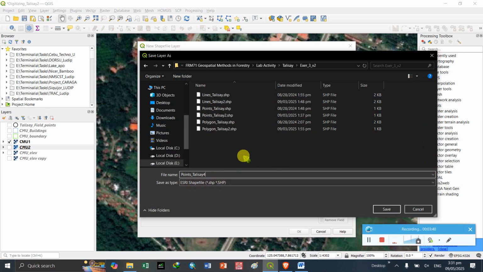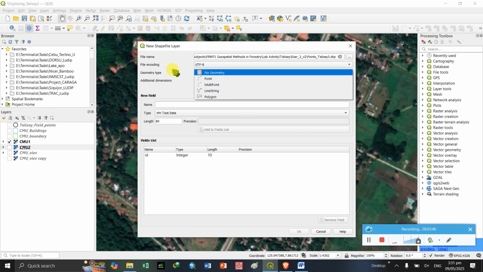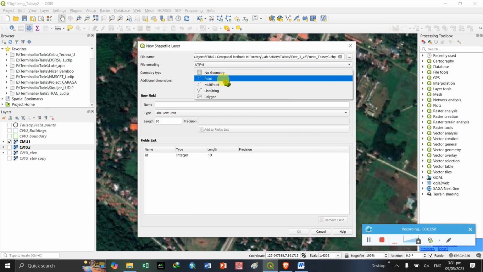Okay, and then click save, and of course for the geometry type, since we are creating point vector data, we set that to point.